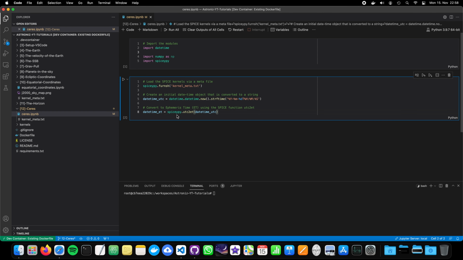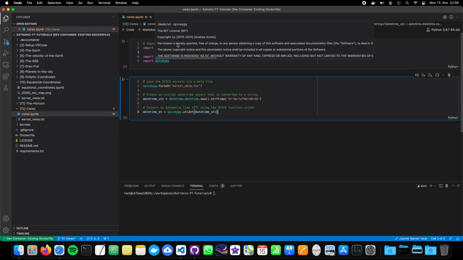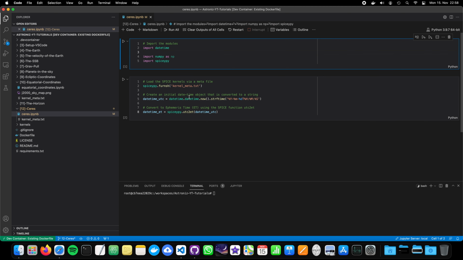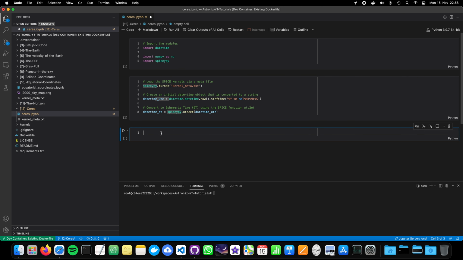Now in the Python code, we have two cells. The first is importing some modules, and the second, as in the other scripts, is loading some kernels and computing the UTC datetime for now, and is also converting it already to ephemeris time using the SPICE function UTC to ET. Now, before we compute any state vectors, we can check whether